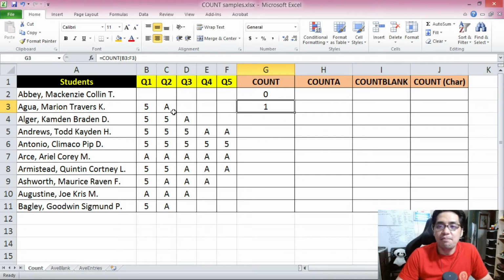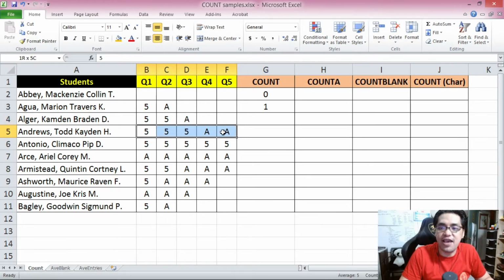Why is that? Because when Microsoft Excel uses the count function to scan this range of cells over here, it only has one number, which is 5. So it counts 1. Microsoft Excel, of course, does not recognize A, which is text, as a number. So it only counts this, which is 1, and that is why the result is 1. Please now look at the remaining rows here. So in this case, you have 2 5s. In this case, you have 3, you have 5, you have 0. You have 2, you have 1, you have none, and then you have 1 over here.